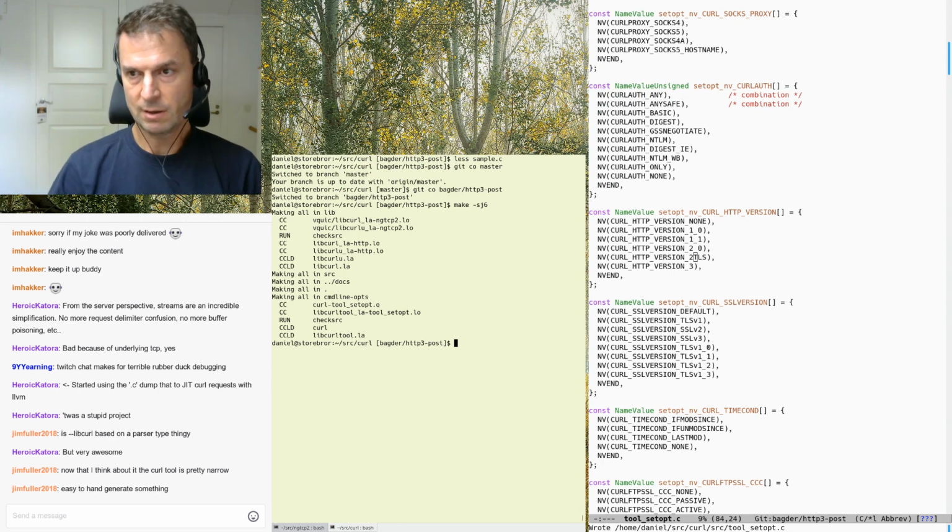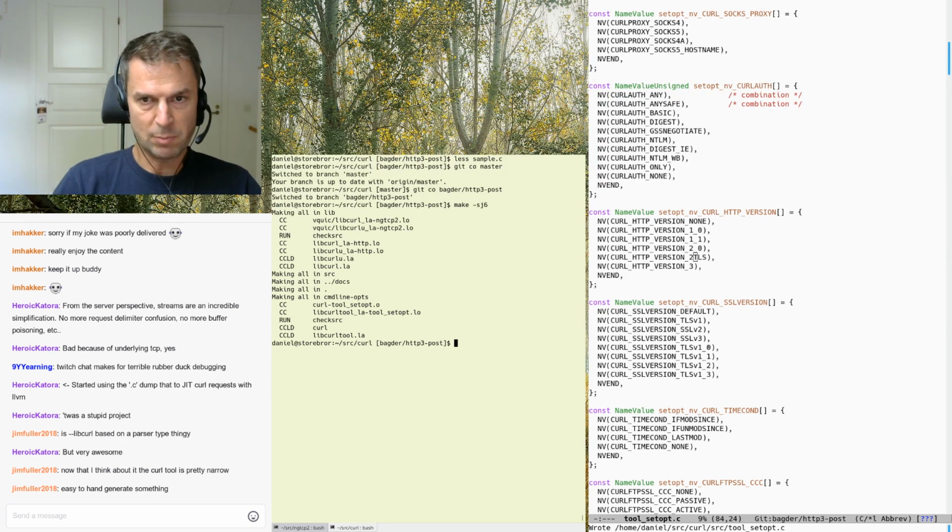No, --libcurl isn't based on a parser thing. I mean, the parser is just a command line parser, right? And then for every option it sets, it also generates the corresponding libcurl way